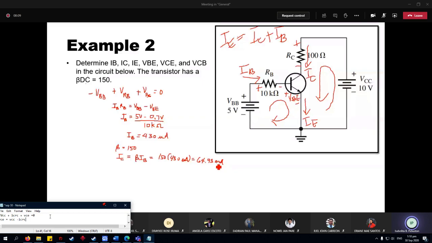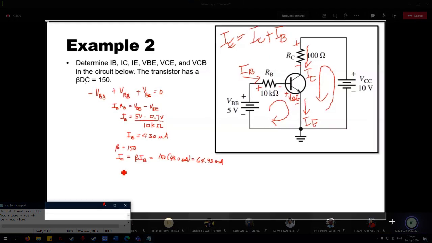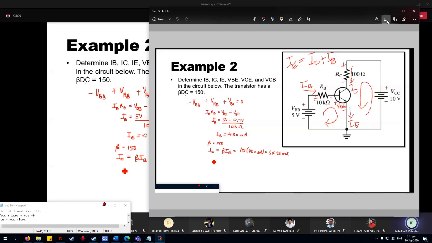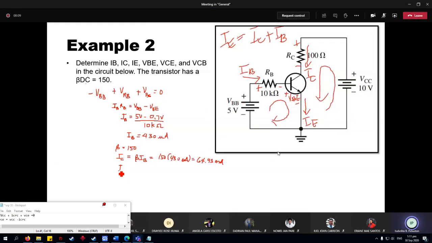This is what I am saying, you do not simply estimate IE to be equal to IC, because you can compute it. Whatever can be computed, compute it. So, your IE is equal to IB plus IC. So, that is equal to 430 microampere plus 64.93 milliampere. So, your IE will be equal to,